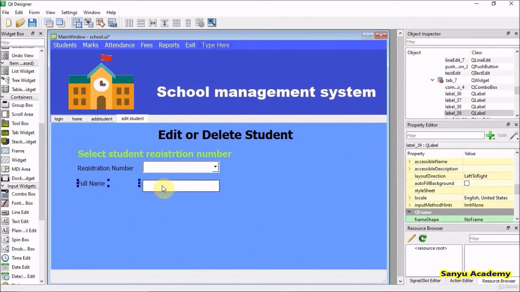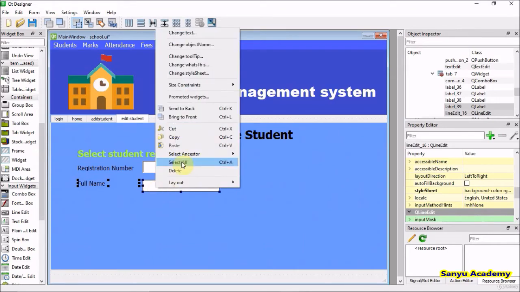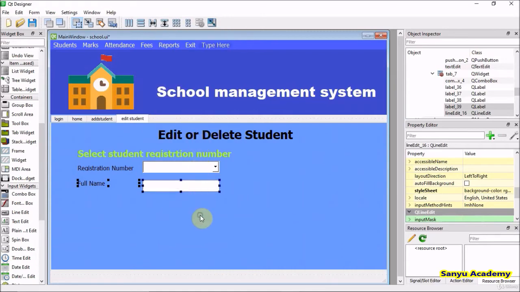Copy this label and text box. Press Ctrl and click on both of this label and text box. Now Ctrl C or right click, copy, paste,